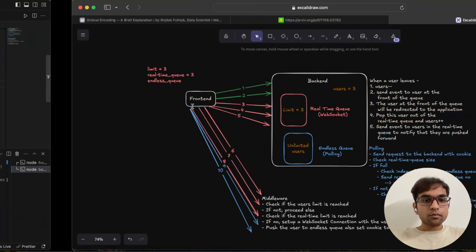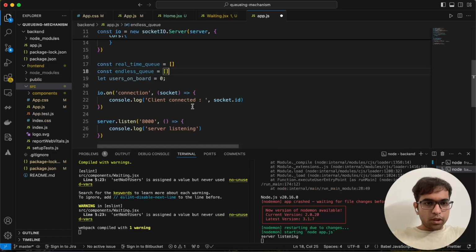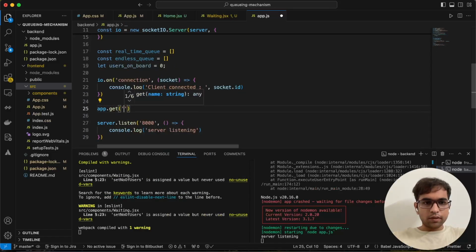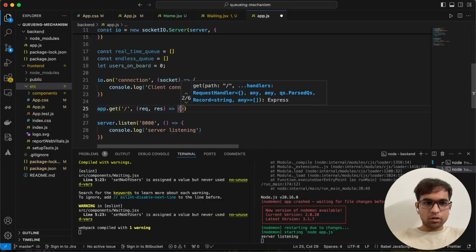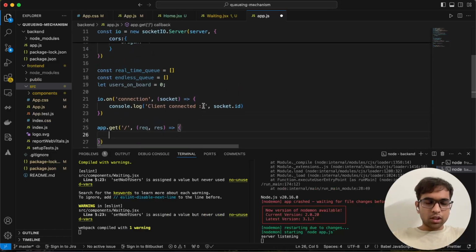Okay, fine. So now the next part would be to create some route handlers. Let's say we have a route handler app.get, a default route handler. We will have a request and response coming up. We need to do something here. We need to give some data out to the user. So the data that we'll be giving out to the user would simply be